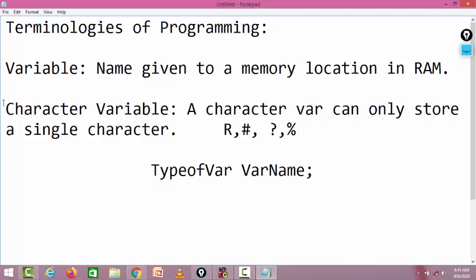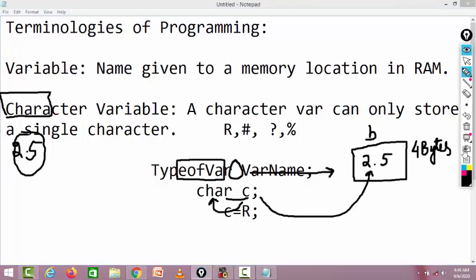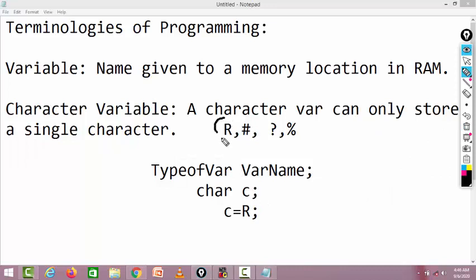For example, the name I am interested to store is R. So what do I have to do? I have to declare a variable of type character, and the keyword for declaring a character variable is char, the character, and the name of that I assigned the name C. Now I want to store C is equal to R. Like I want to store R in a character variable, the same method as we used for integer and float. First you have to write the type of character, then followed by the variable name.